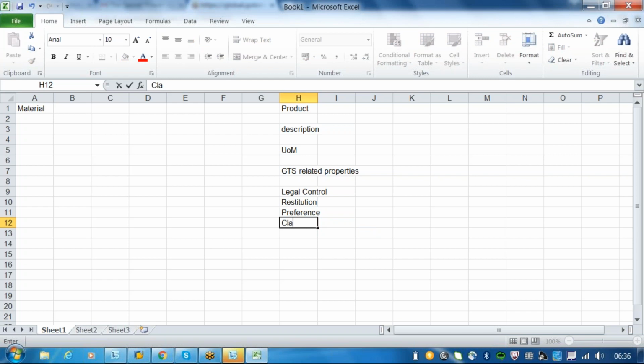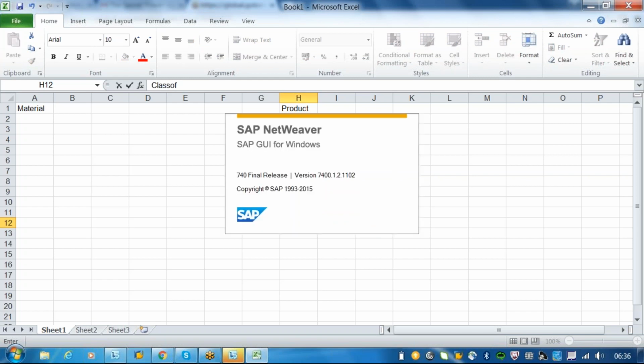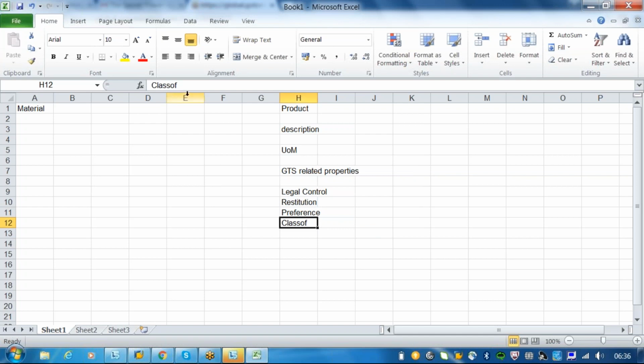We have classifications, we have LOC data. There is also some data related only to specific PGTs. So these properties, along with the description of the material and unit of measure, are called a product.